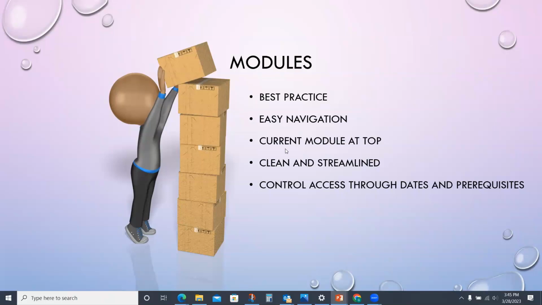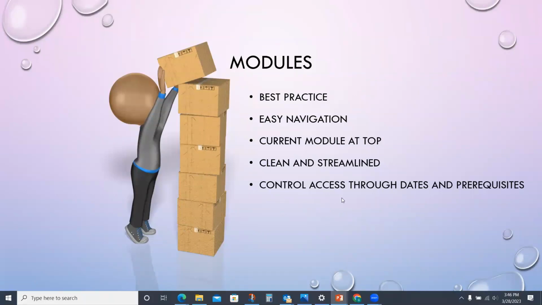You also could put the current module at the top. So rather than having students scroll all the way down as the course unfolds throughout the semester to get to the most recent module, some instructors will move it all the way to the top of the homepage or of the module, so that it's always the first thing that the students see when they go to the homepage or to the modules.